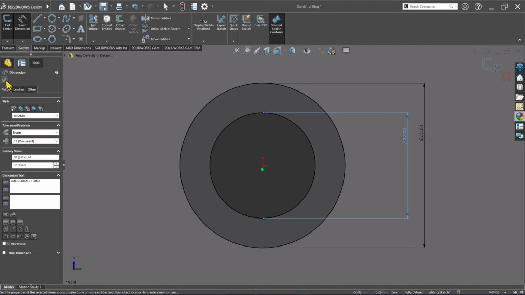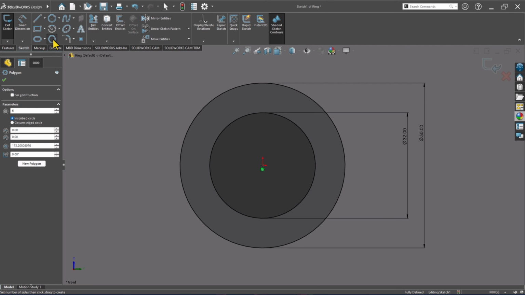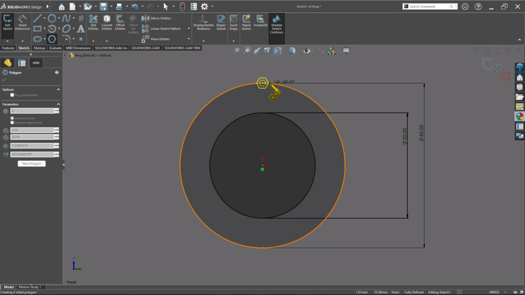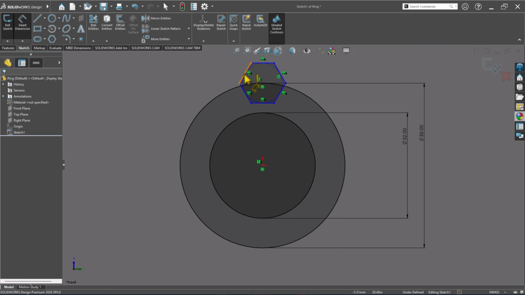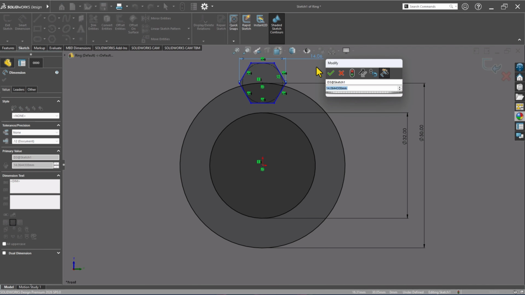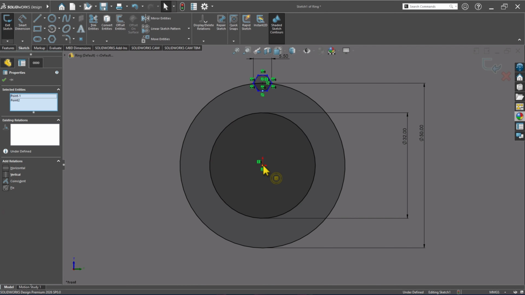The ring is in shape of a gear. So in order to do that, we will use a new shape this time, which is a polygon. We will create it at the top of the outer circle, making sure it is in line with the center. I am creating it big enough so that I get that horizontal icon to know that it is straight. Taking the dimension tool, I will give it a length of 5.5 mm. Let's fix its position by selecting the midpoint of this edge here and the origin and giving it the vertical